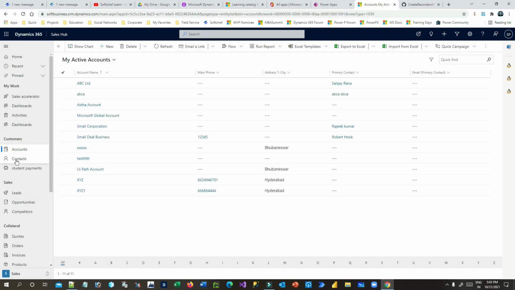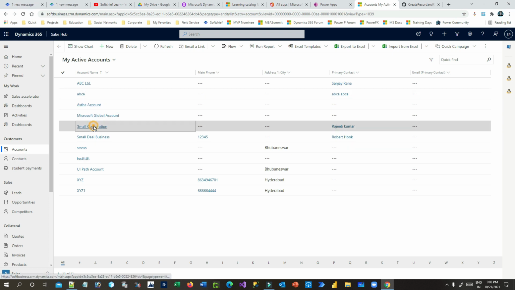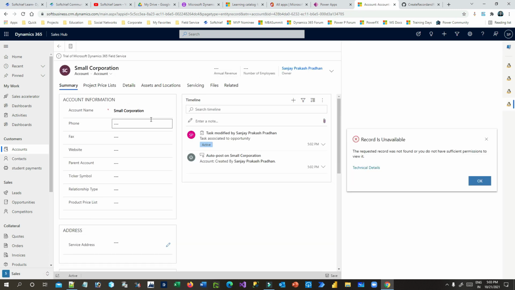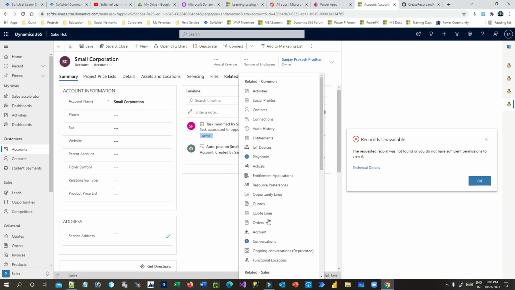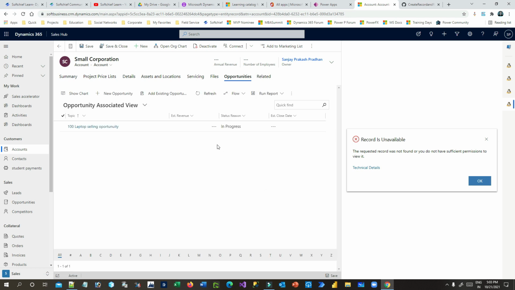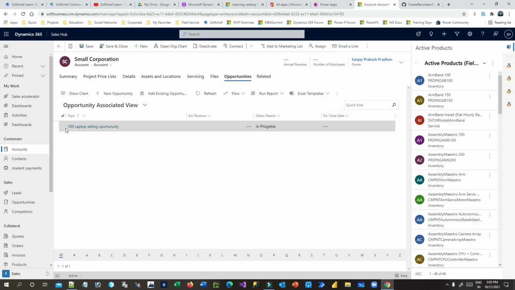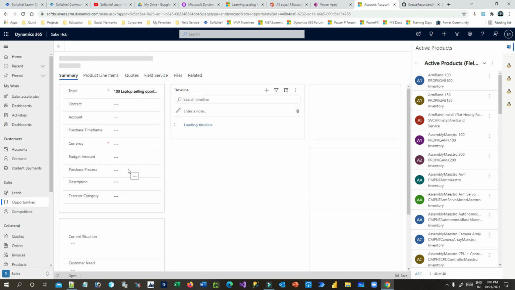Now account created, contact created, and the contact is associated with the account. Next thing is I want to see the opportunity. So click on the related opportunity, because I have given the opportunity information. So this opportunity is created, 100 laptop selling opportunity. Open this opportunity.